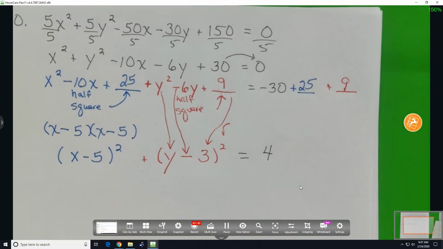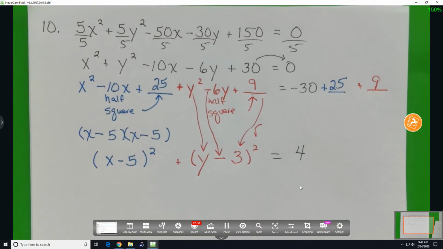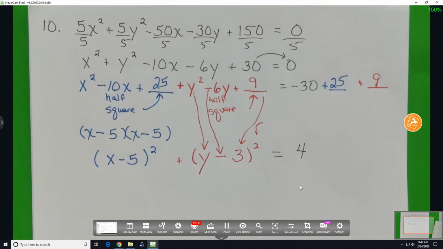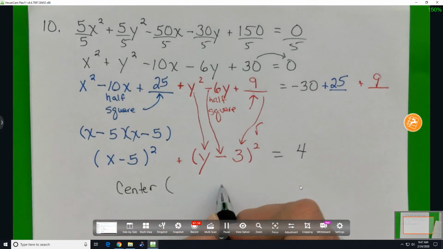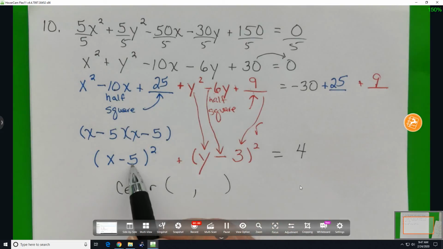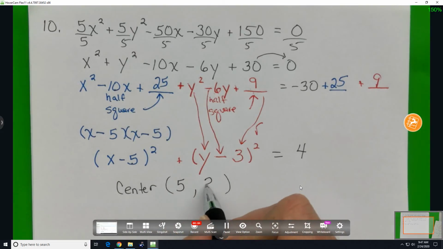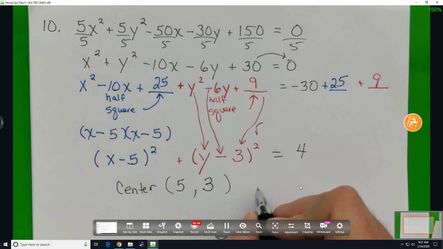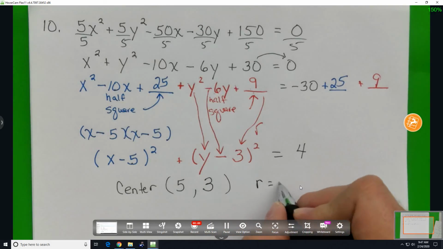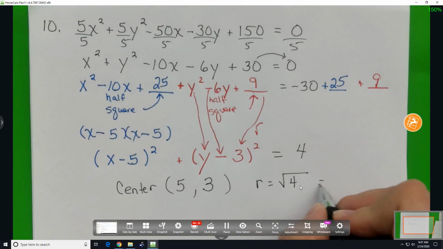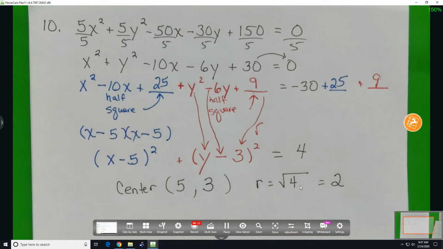So are we now ready to say the center and radius? Oh, yeah. Ready to change the sign, square root. So what's the center? 5 and 3. And what's the radius? 2. Square root of 4 is 2. Now,